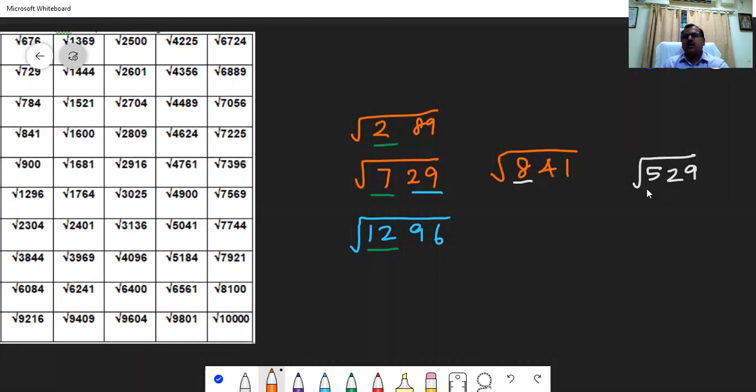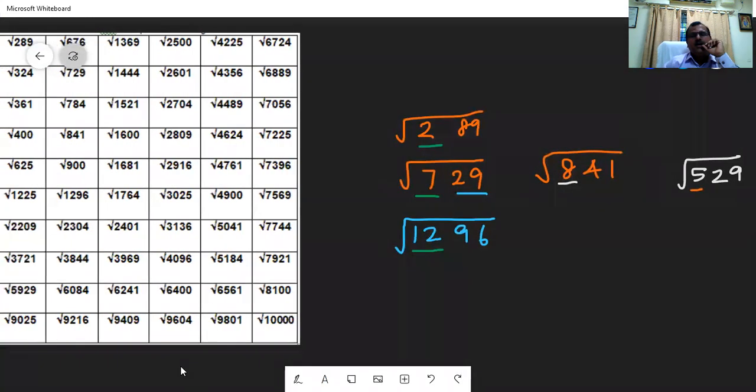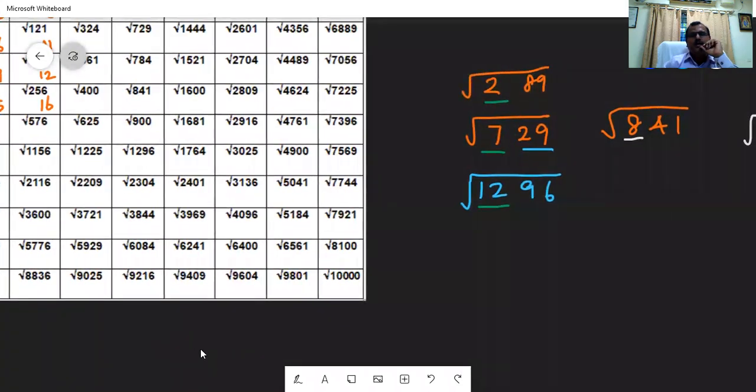5. Because for square root, from the right side we have to take pairs of digits, or in other words, split the digits into pairs from the right side. If it is cube root, from the right side we have to take 3 digits as a part, splitting into 3 digits like that, when finding the cube root.